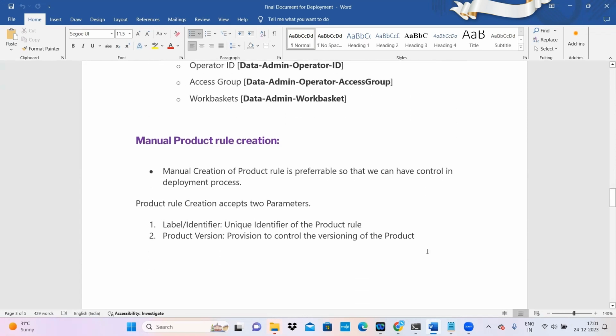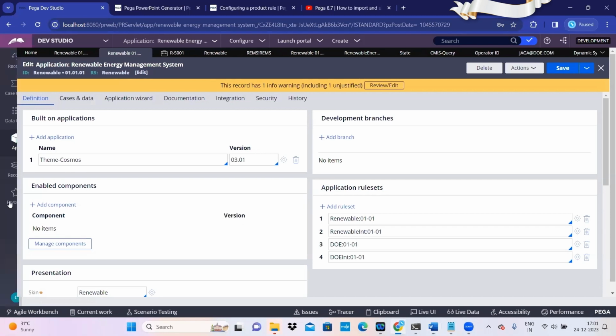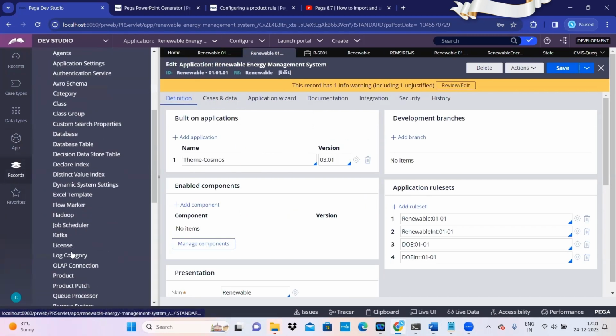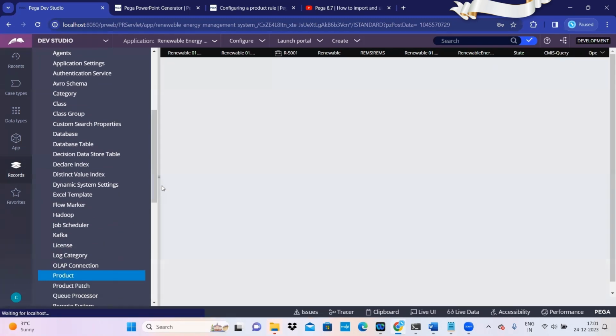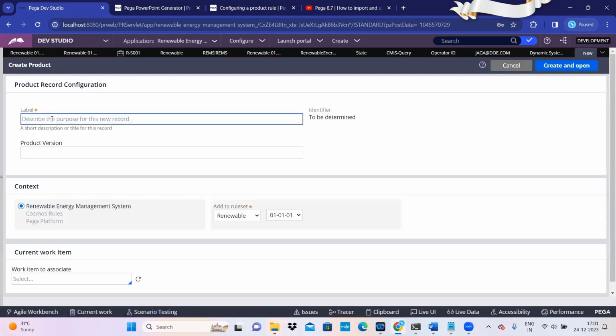Manual product rule creation. Generally, we can create a product rule in two ways. One way is through wizard, other way is manually. You can go to the records explorer and go to the sysadmin, click on create, click on product, create, and it will ask you to provide two parameters. One parameter is the name of the product rule, other parameter is the product version. This label is a unique identifier of the product. So you can give something like rems, and product version is to control the versioning of the product. You can mention it with a number